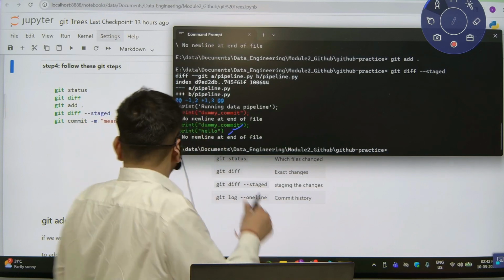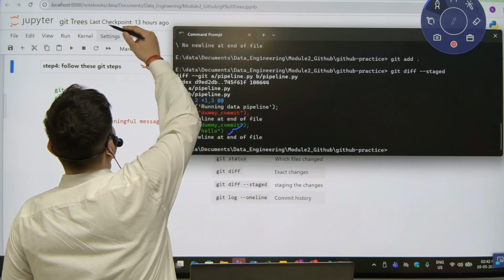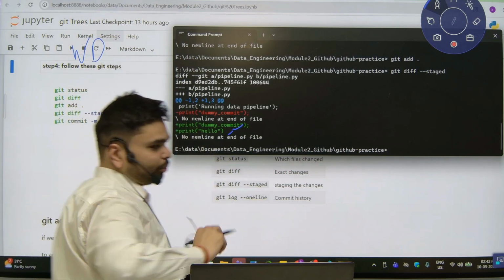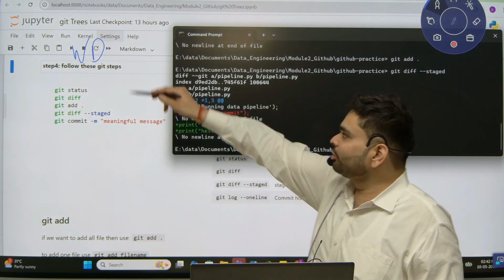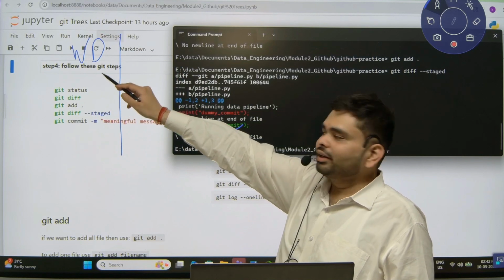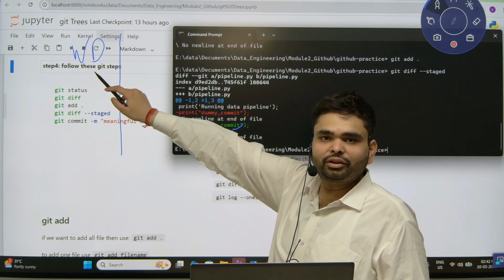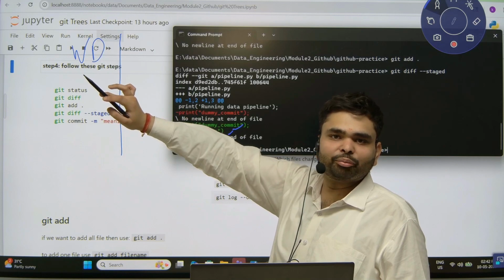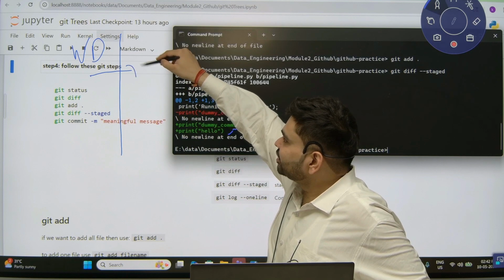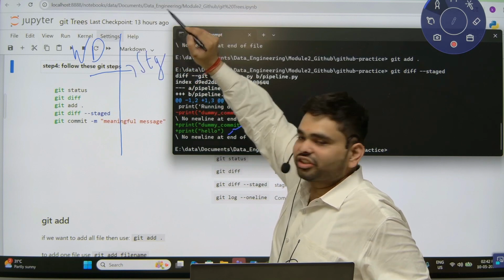So right now we have covered two trees. First one is the working directory. I am representing it with WD, where your local changes are, which you have done in VS Code. It is available in your local file system, local computer. Second area is the staging. I am marking it with STG.